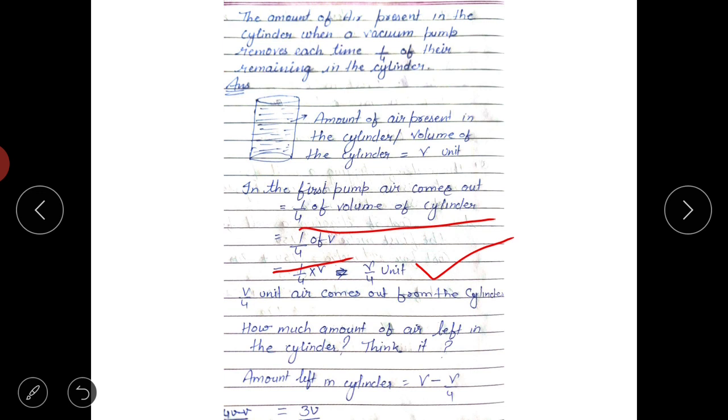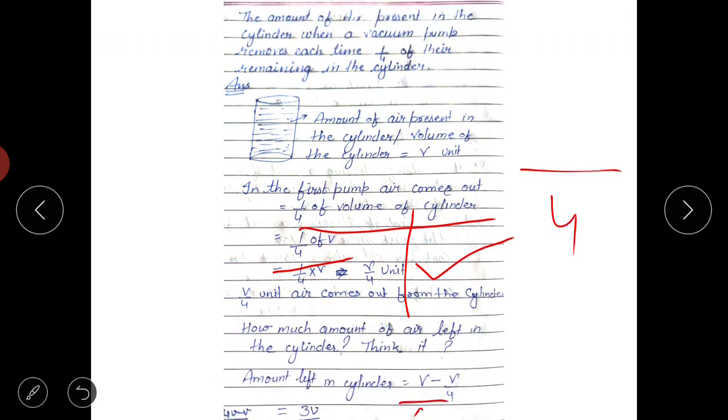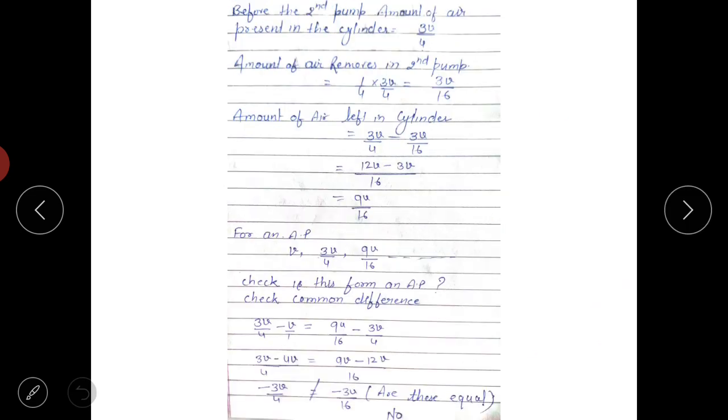Yes, the amount of air left in the cylinder is what was there at first, V, minus what has been pumped out, V by 4. So V minus V by 4. By taking LCM 4, it comes out as 4V minus V, that equals 3V upon 4. Done? Yes. Next, before the second pump out, the amount of air present in the cylinder is